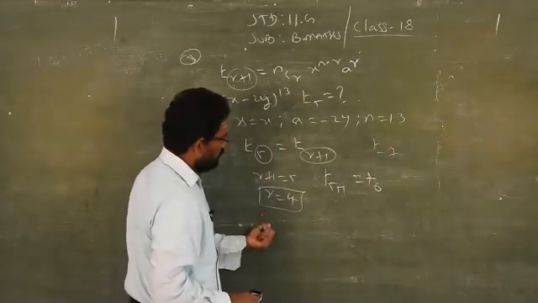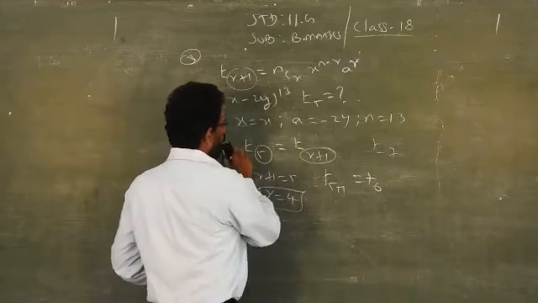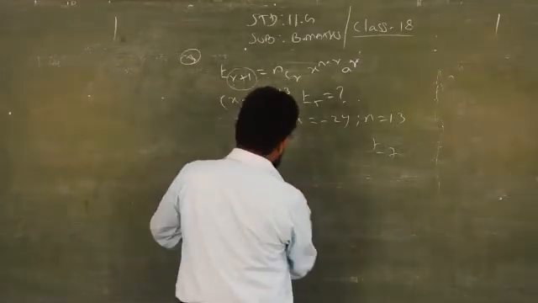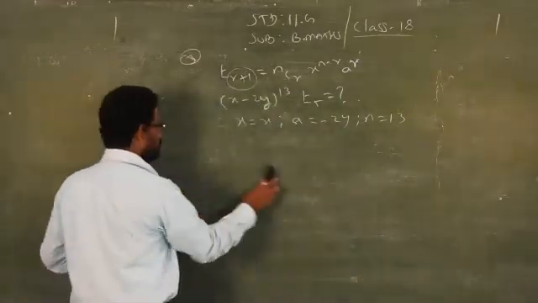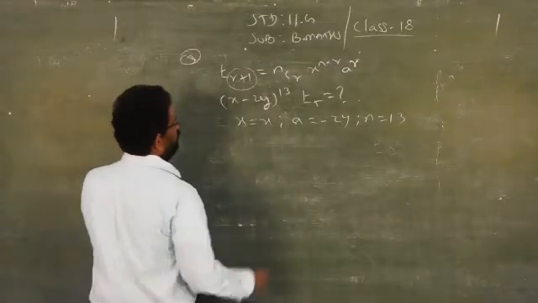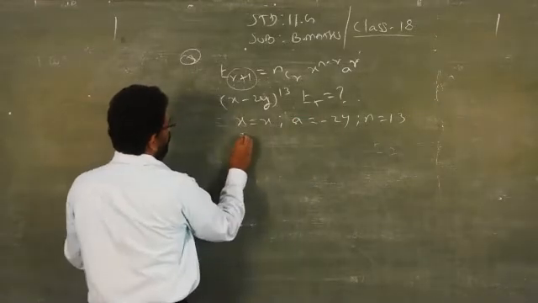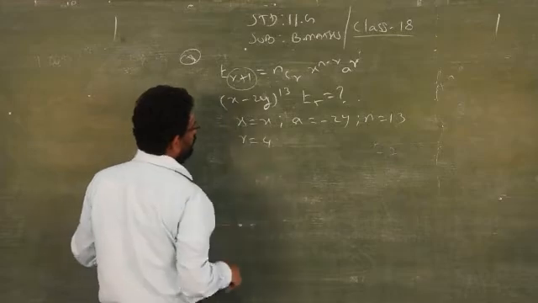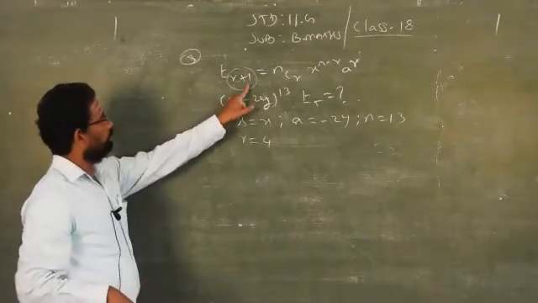But this is the actual process. This is not necessary. You can straight away write the value of r depending upon the term which you have to find out. So now we have to find out T5. Therefore, r should be replaced by 4. Then only we will get 4 plus 1 is 5.